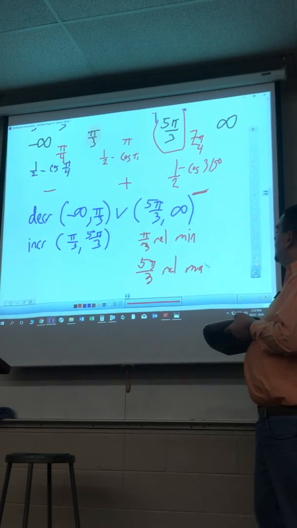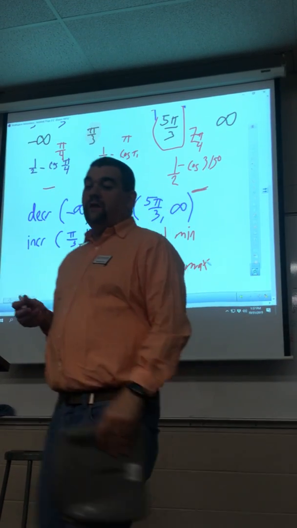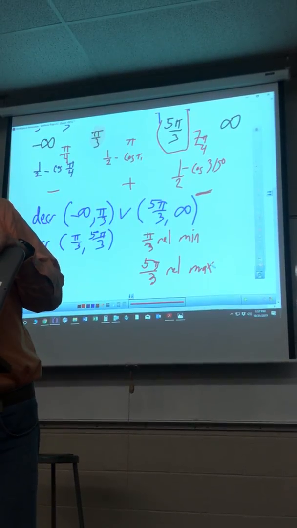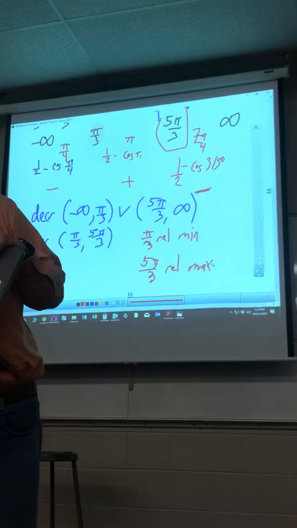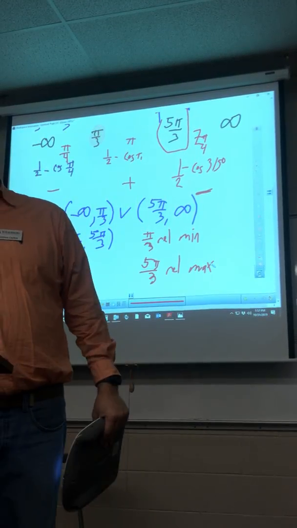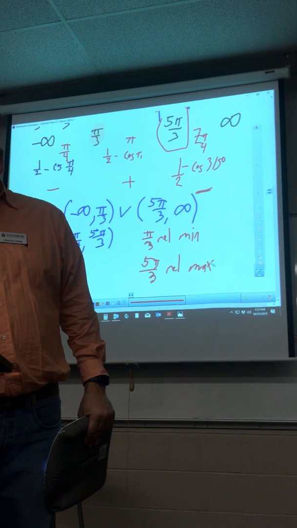5 pi over 3 is going to be a relative max. Okay? So is your knowledge of derivatives going to have to pay off here? Solving equals 0 is going to have to happen. Plugging it into the function? No. Plugging it into the derivative. Okay? So, what I want to try to do is,